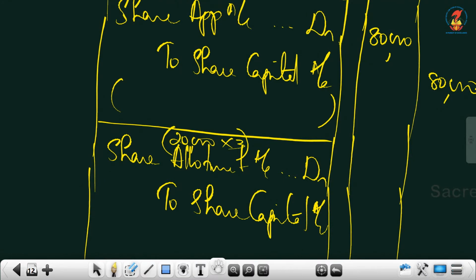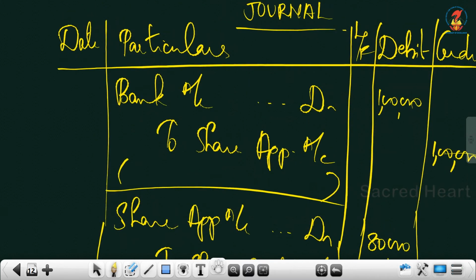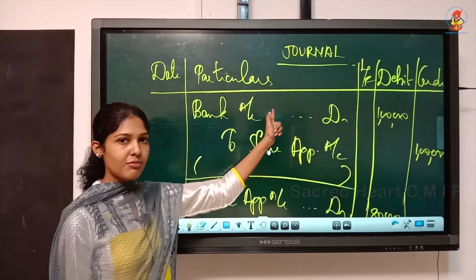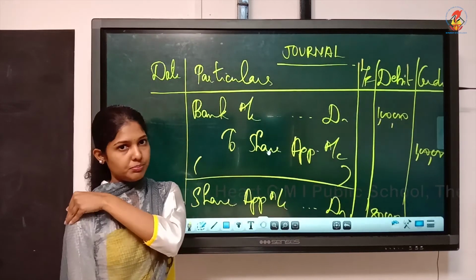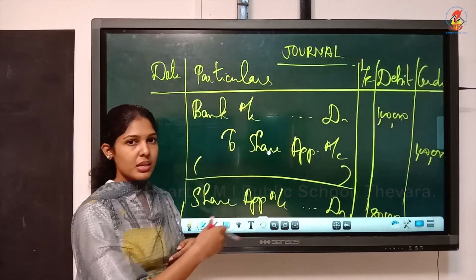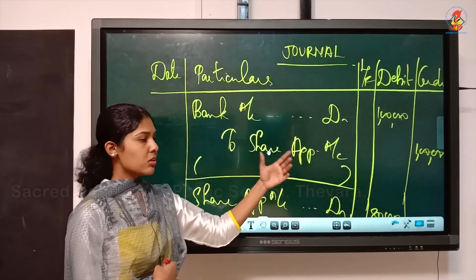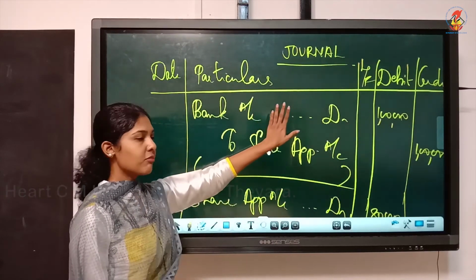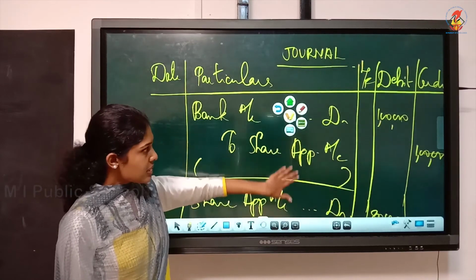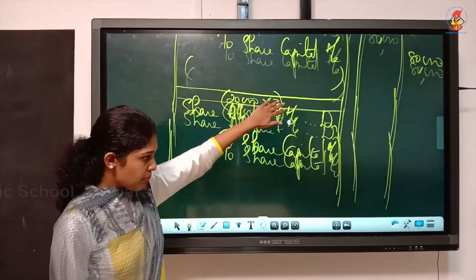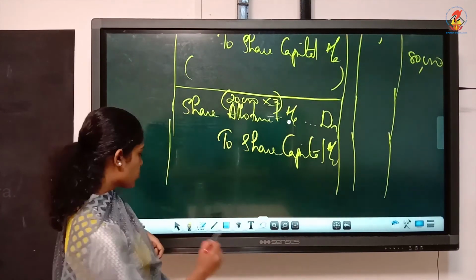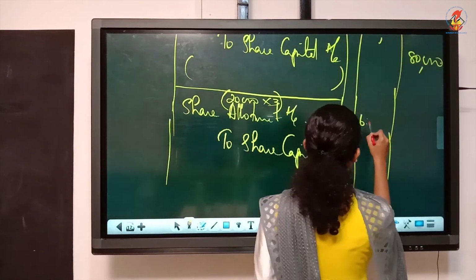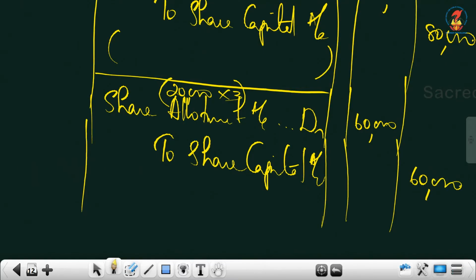So what you have to remember is in oversubscription questions, only for the first journal entry, you will be taking that 25,000. Rest everywhere you are considering actually 20,000. Understood? And these 3 entries you can write easily since you can write it from the working note. Whenever you do allotment, first call and all, you have to consider the 20,000 shares. So it is 20,000 into 3, allotment money due is 60,000.